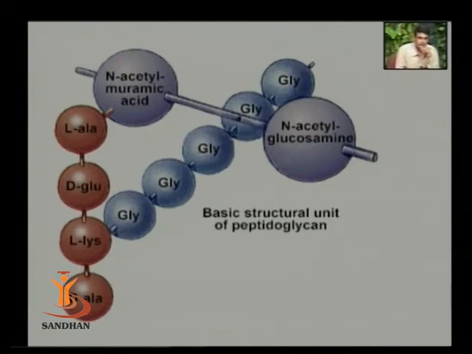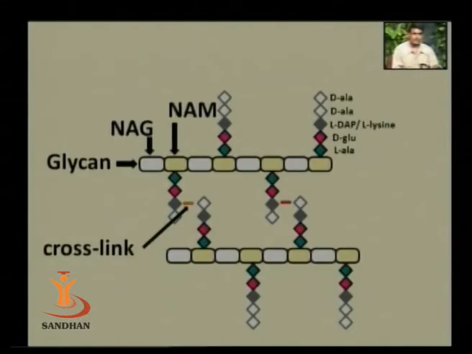If you see this gram positive, you will see here that the cross linkage has 5 units of glycine. This is what you will find in Staphylococcus aureus. This is again in detail. You will see the cross linkage, the bridge between two polypeptide molecules